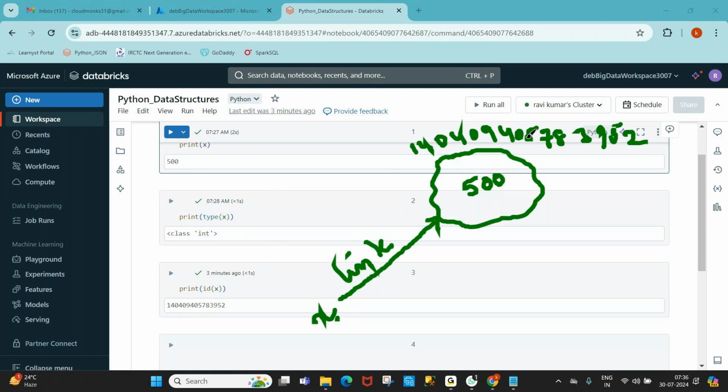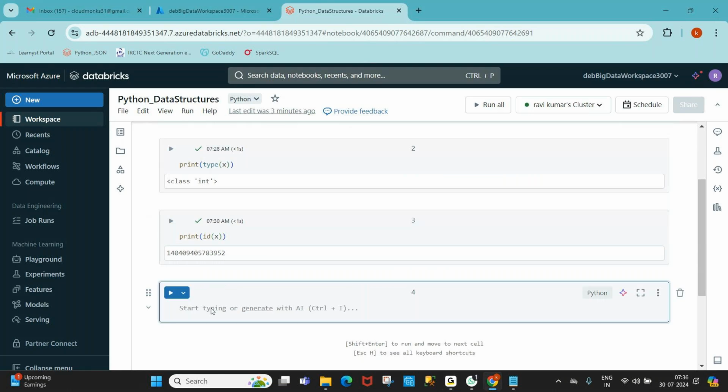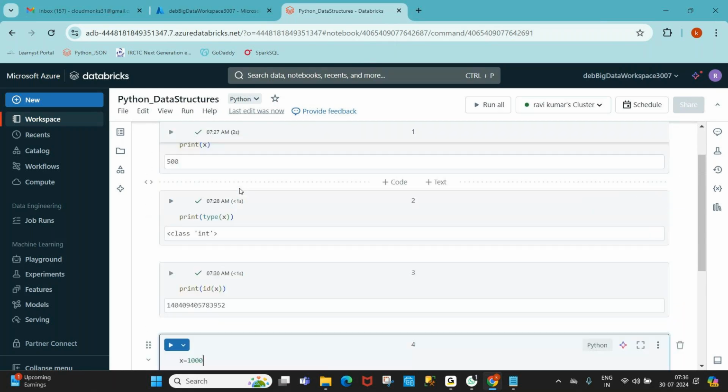And one more very interesting point, guys: for the same x, once again I'm erasing this. Now again x is equal to, this time 1000.